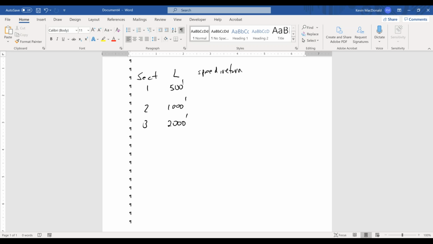Speed on return for section 1 was 24 miles per hour. Return on section 2 was 14 miles per hour. Return on section 3 is 31 miles per hour. And that's because we have a fair bit of grade assistance, right? This is going down an assisting slope, and this is going down an assisting slope. So the time, where the time is equal to the distance divided by the speed,